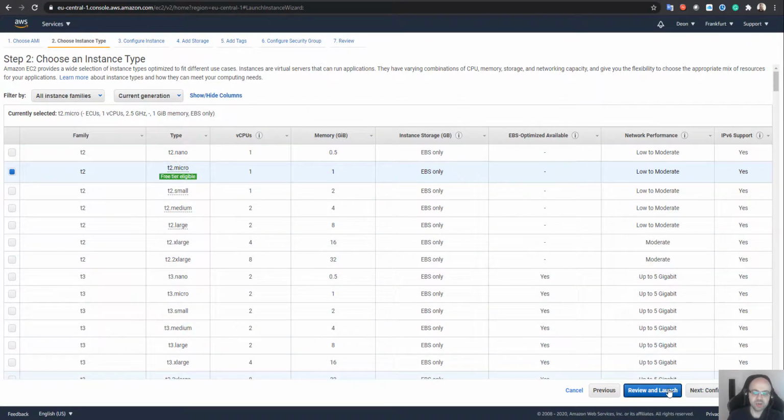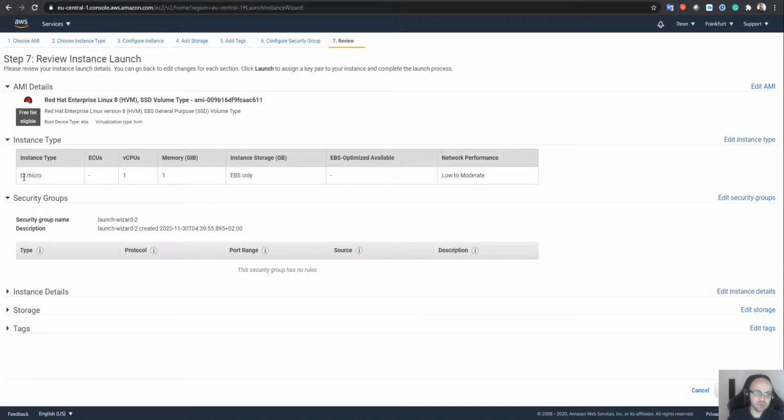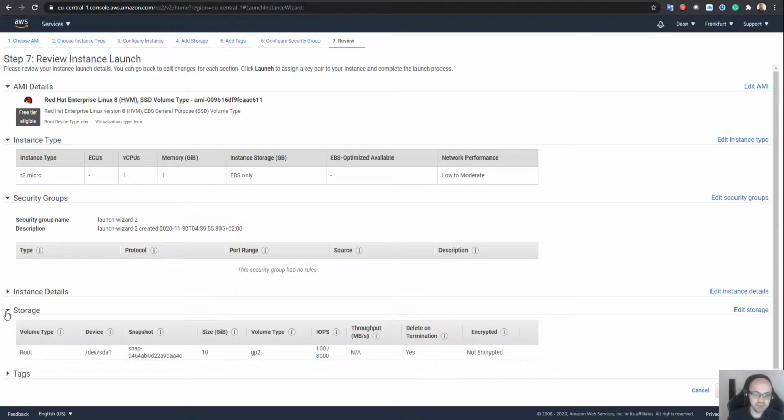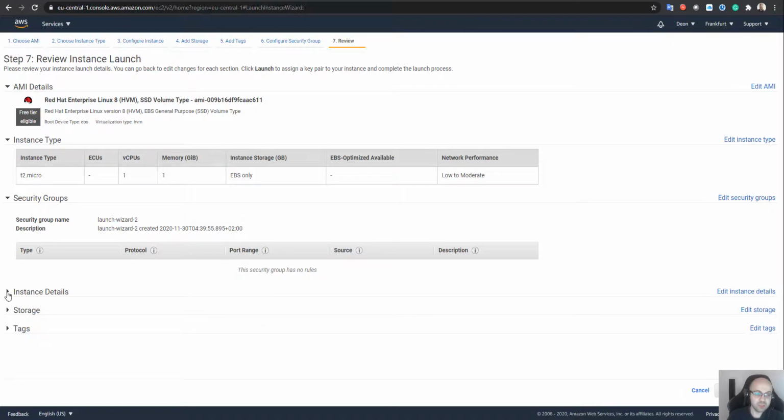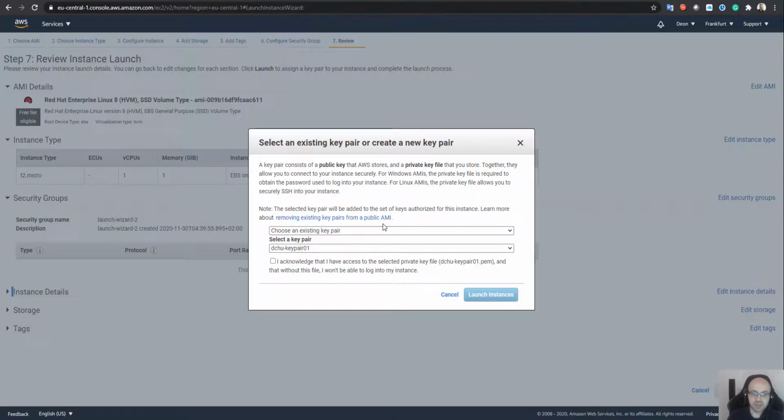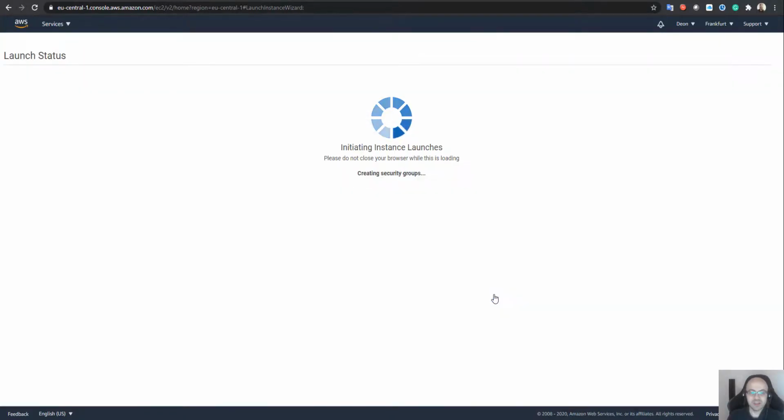And then you just click review and launch. And here you have your free tier t2 micro instance type with Red Hat Linux. Then you have some extra settings you can modify, but this is already set up. So the only thing left is to click launch, right? And then this is where you select your key pair. I will select the PuTTY, the new one that I have, right? And I acknowledge that I have access to this key. So basically, you prove that you do have this key before you make a machine with this key, just so you would know what you are doing. You wouldn't create a login type without the file that you have. And as soon as you launch it,